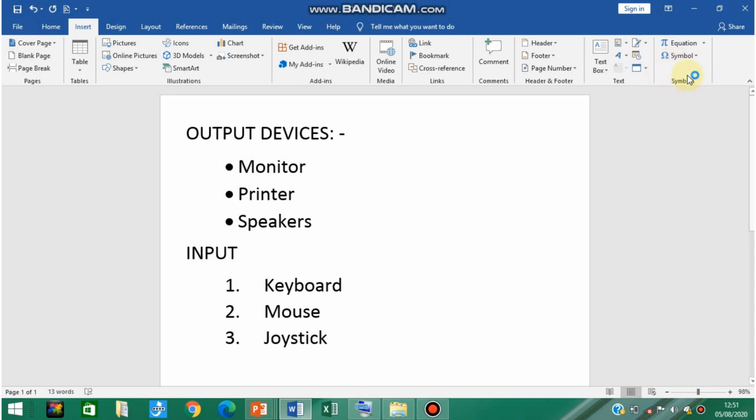From that section you have to select the symbol option. When you click on that symbol option, you will find many symbols that you can enter, but when you want to search more symbols, you can click on more symbols.